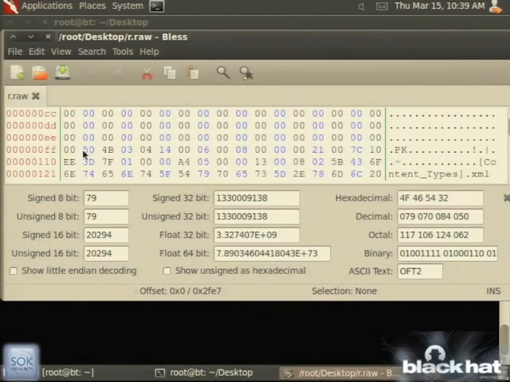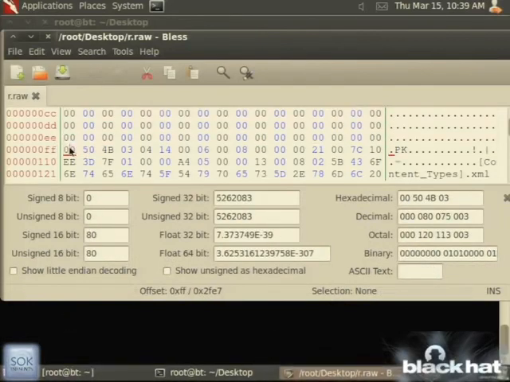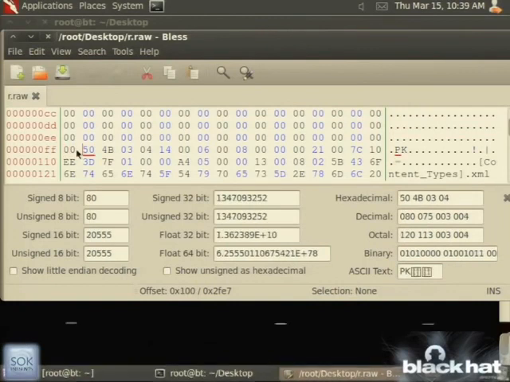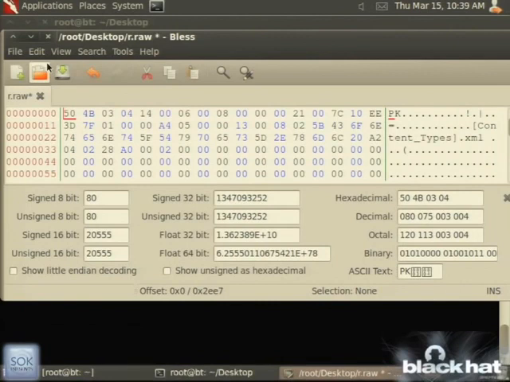Oh, that starts right there. All I care about is the magic number where the docx starts. So right here in the hex is where the docx that I want starts. Which means that I can take everything before it and delete it. And when I do that and I save it,